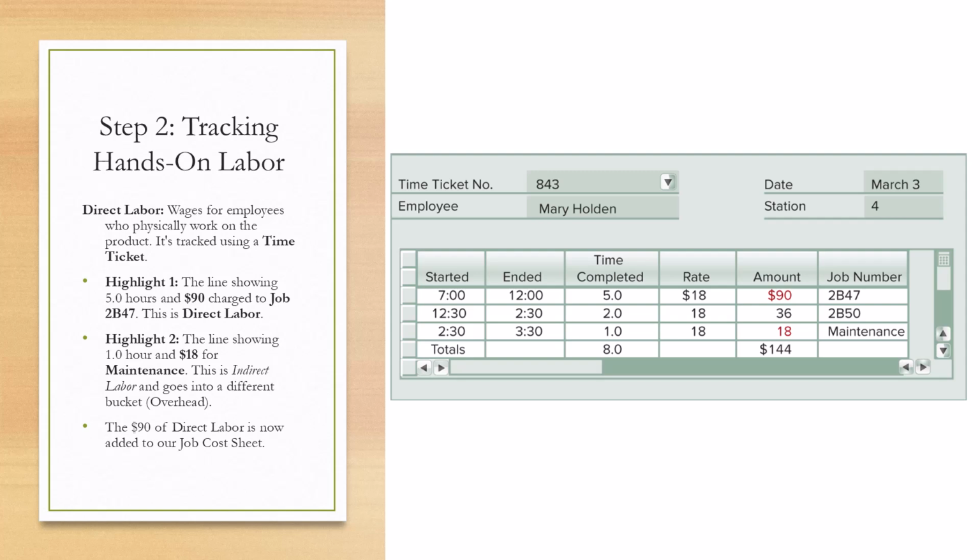First, you can see she spent 5.0 hours on job 2B47, which at her rate of $18 an hour comes to $90. This is direct labor and goes directly to the job. But notice, she also spent 1 hour on maintenance. This $18 cost is considered indirect labor because it supports the whole factory, and it will be handled differently in the overhead bucket. For now that $90 of direct labor is added to our job cost sheet,